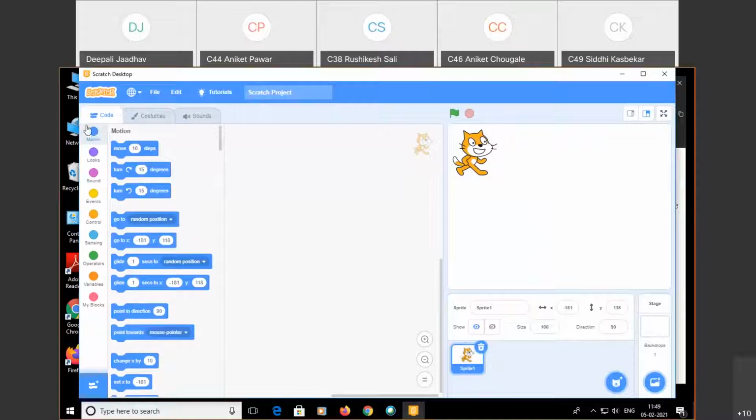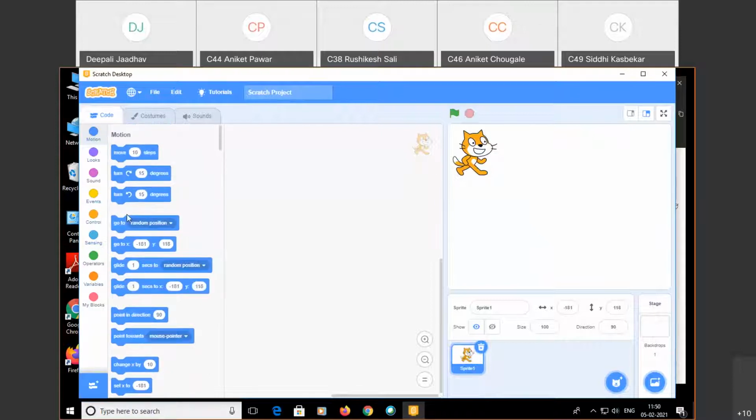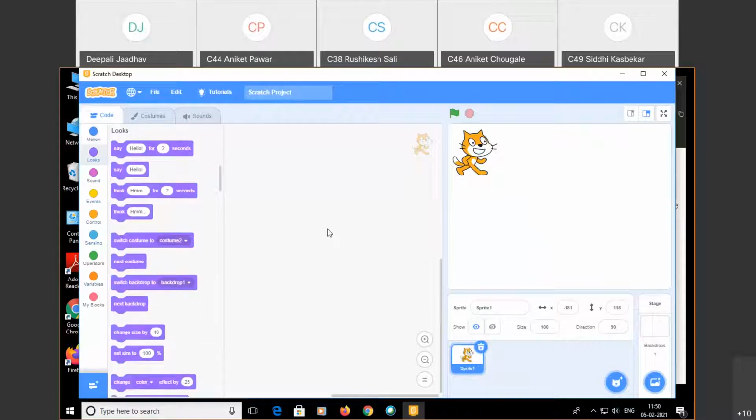Then there are different controls: control, events, sound, looks, motion. For performing programs through Scratch, we can use these different things. In motion you can see move, turn, go to, glide, and so on, like change x by, change y by, set x to. These are the different commands available. Then in looks you can use say, for how many seconds you want to say it,